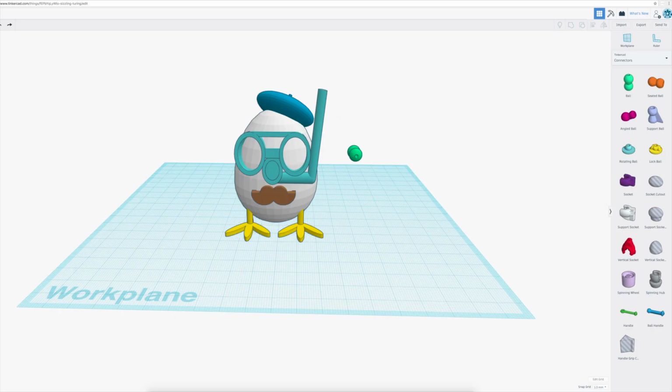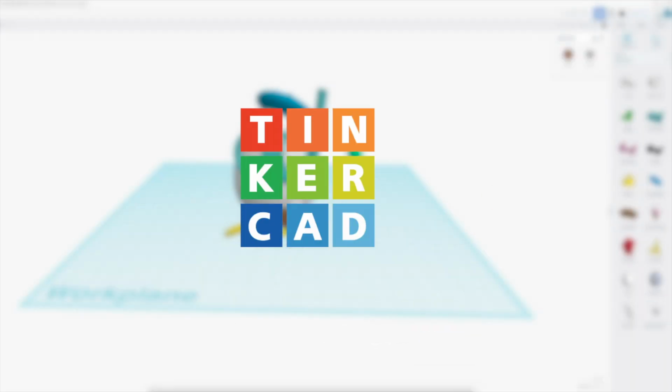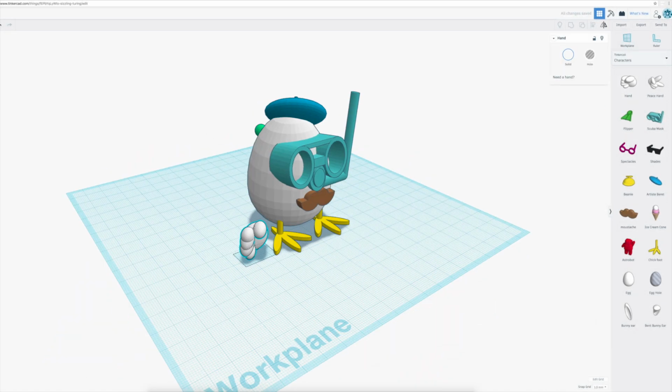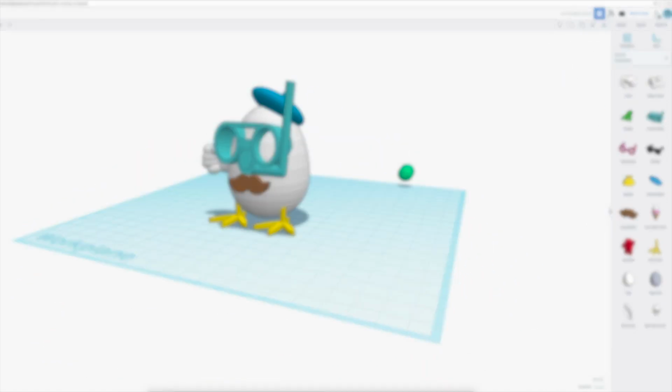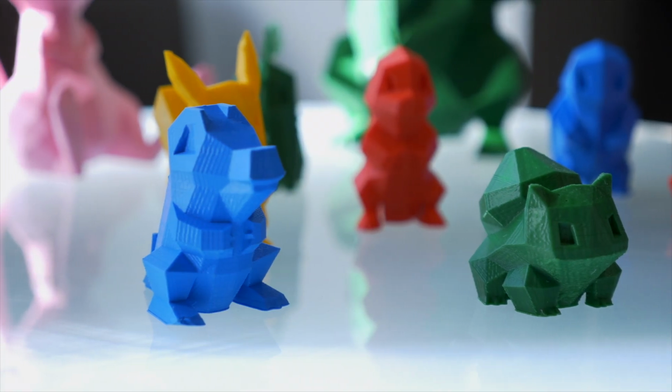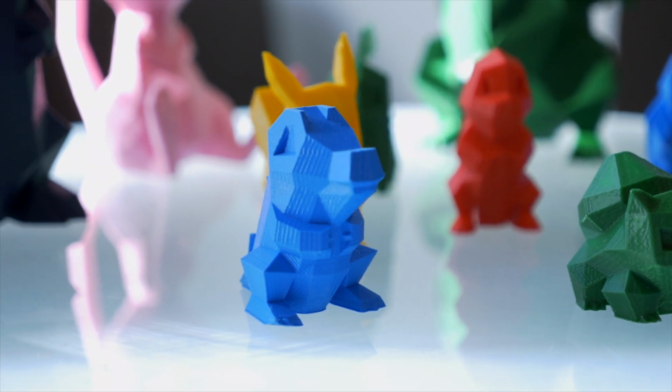If you want to design your own 3D model, Tinkercad.com is a free and simple option to make any homemade 3D objects that you like. But for more advanced users, you may use software such as AutoCAD or SolidWorks, which is free to use for CSUN students.